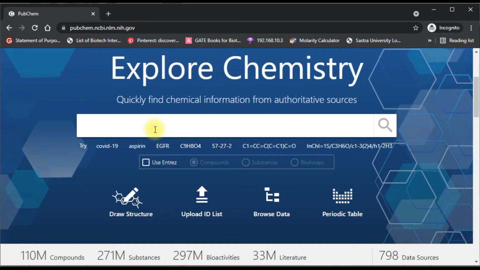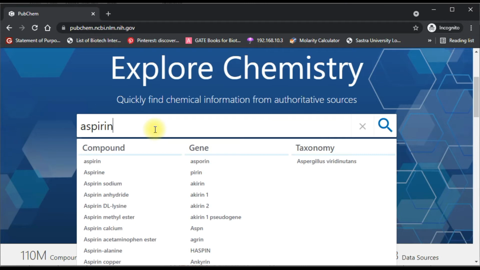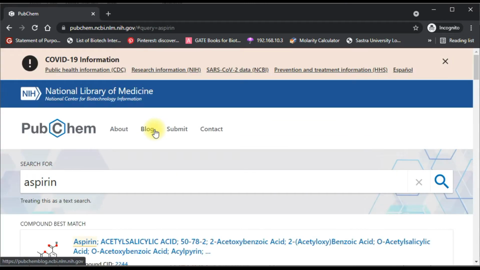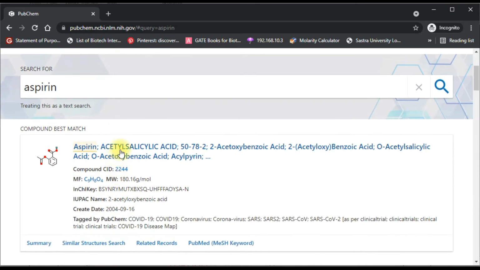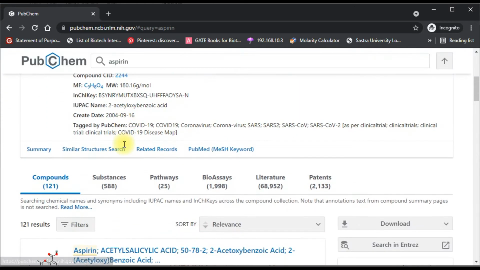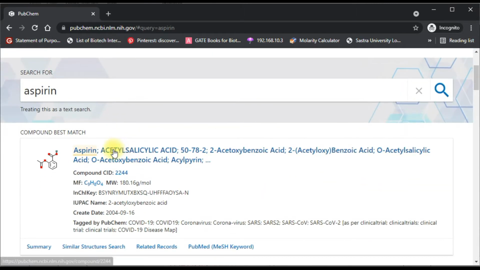So today I am going to take an example of the well-known drug aspirin. Click enter. So this is the best match compound. You get even some more compounds, but generally choose the first compound, best match compound. So click on to this link.